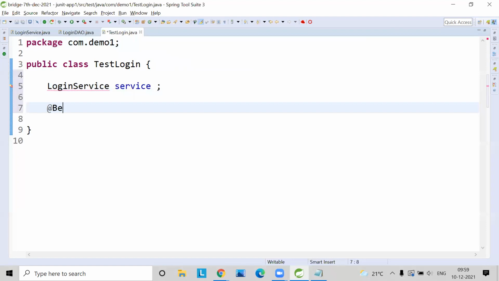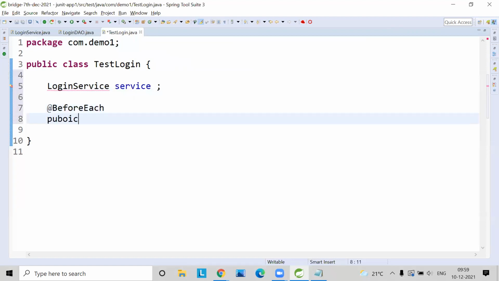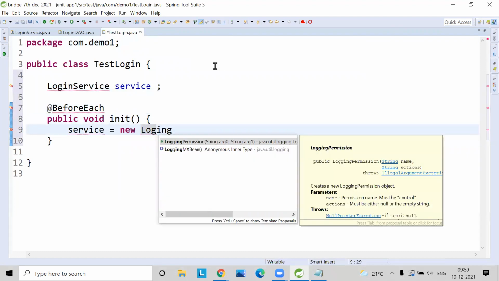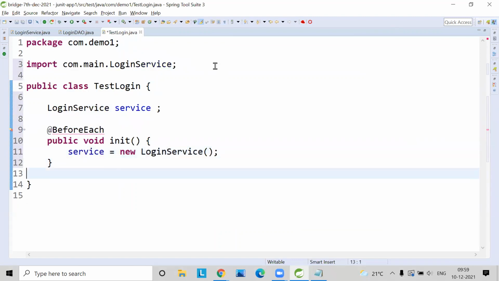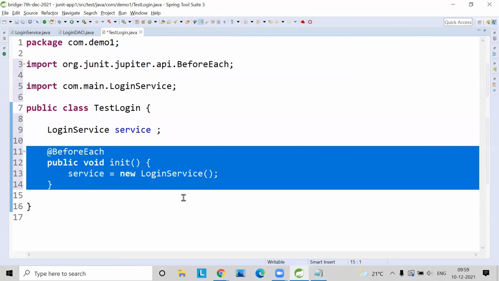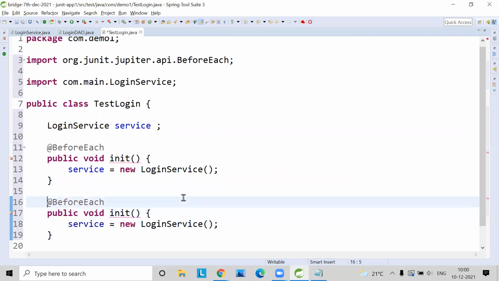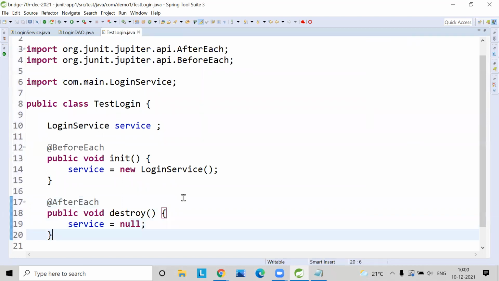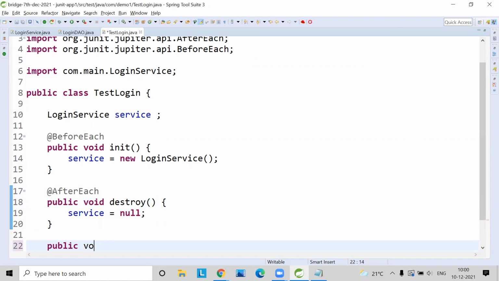Then I go for @BeforeEach, public void init, where service is equal to new LoginService. Then we have @AfterEach, public void destroy, where service is equal to null. Now what I want to do is public void testAuthenticate,